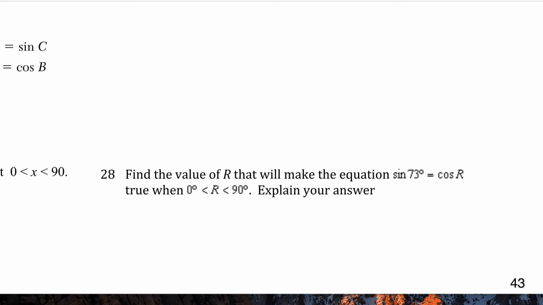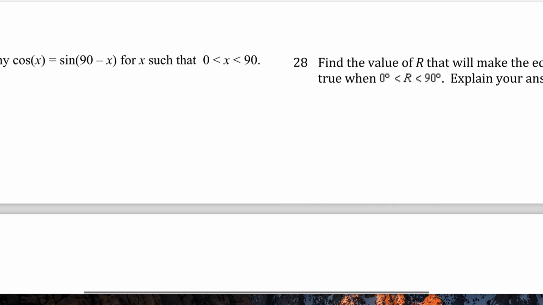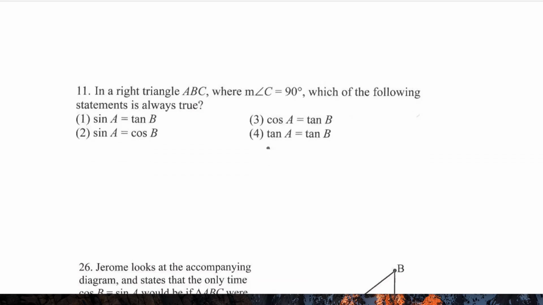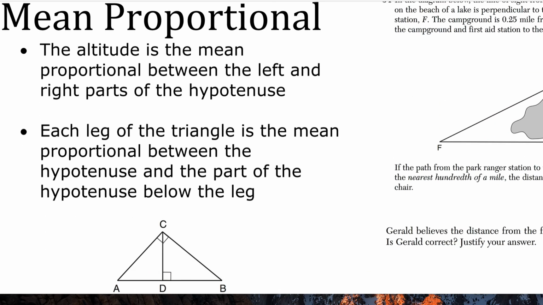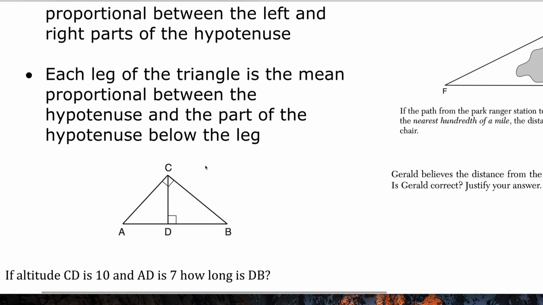If it's 73, then what does it have to be? It has to be 90 minus it. 17, 28. Next one, sine A equals, this is the easiest points on the test by far. So yeah, that's that. Okay, and then for mean proportional, the impression that I got is that they only asked